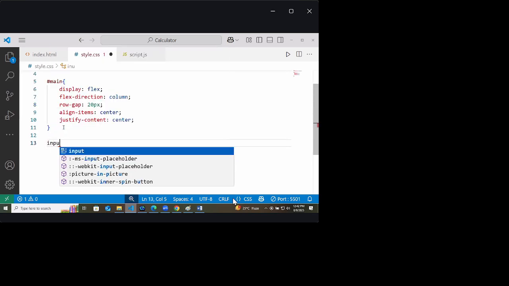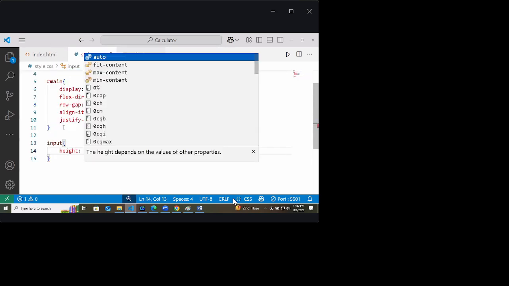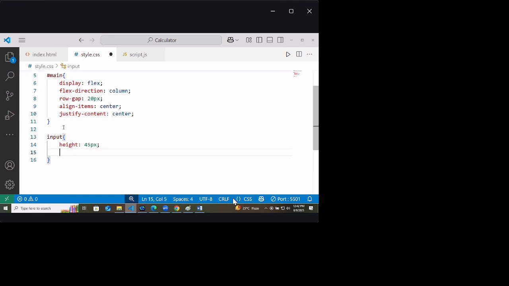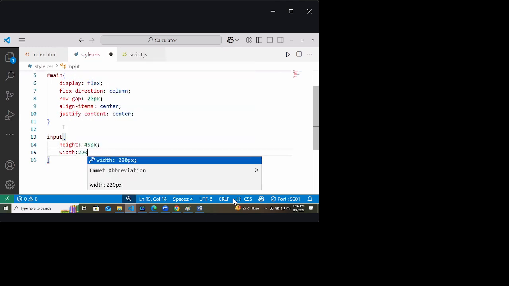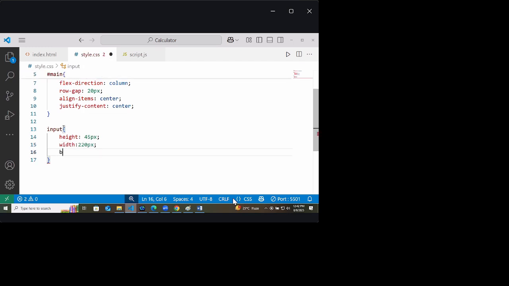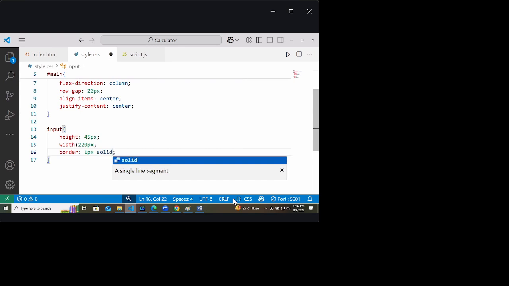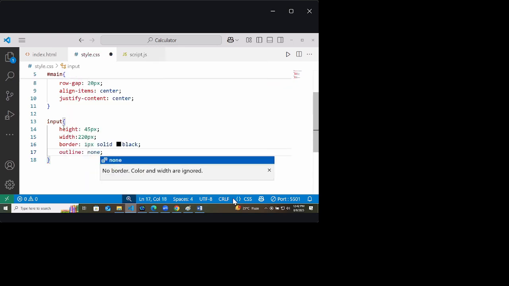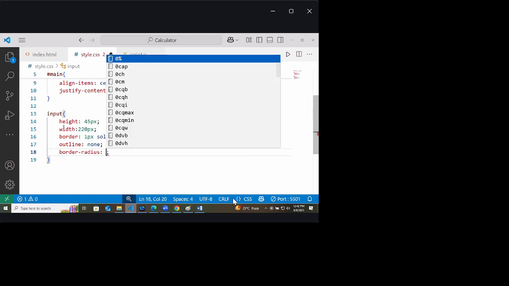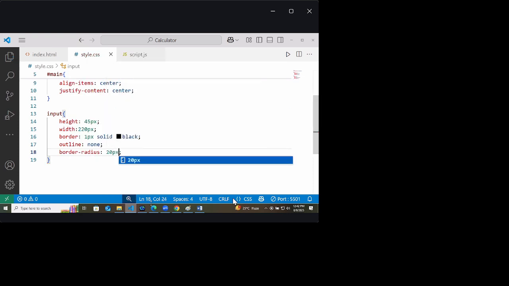Input first, design this. It will have a height of 45 pixel, a width of kind of 220 pixel, border of 1 pixel, solid and black, outline none, and it will have a border radius of 20 pixel.